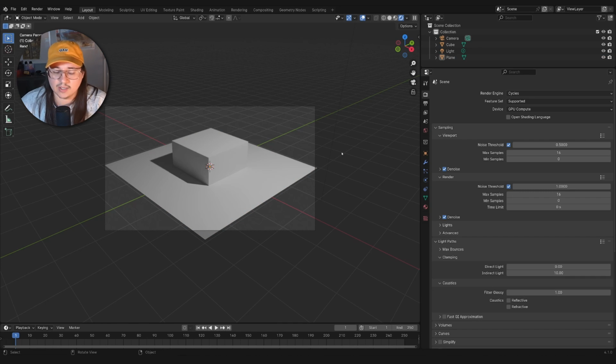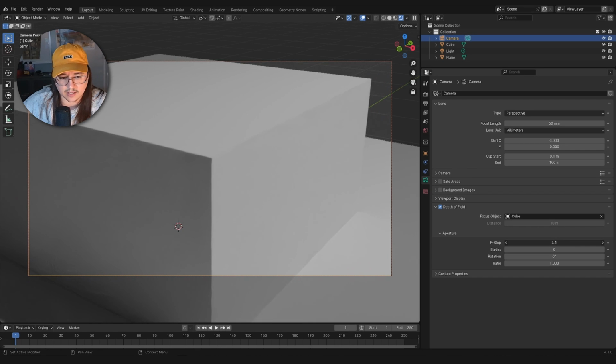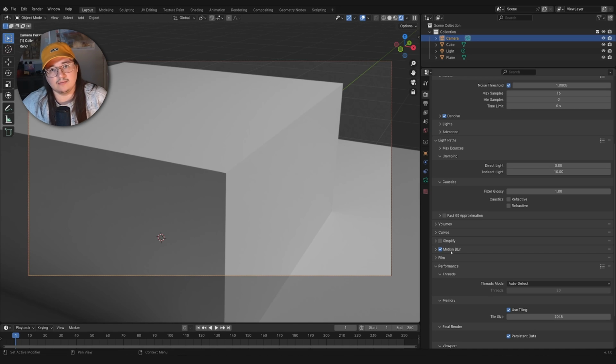The next couple things I want to get into are the optional things. If you have a camera, one thing I've noticed is that if you have depth of field, just be aware that it might increase your render times by a lot. Using motion blur is the opposite of depth of field as far as how I would use it. Depth of field is a cool looking thing that can add a lot to your render time,